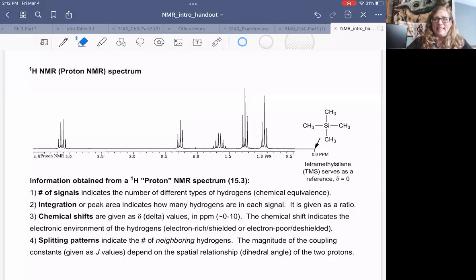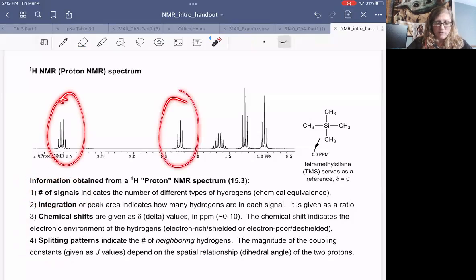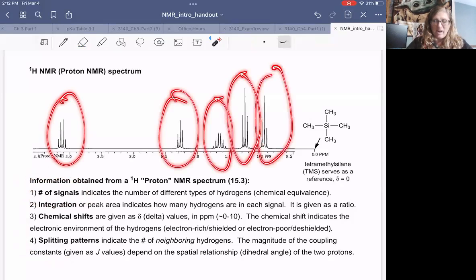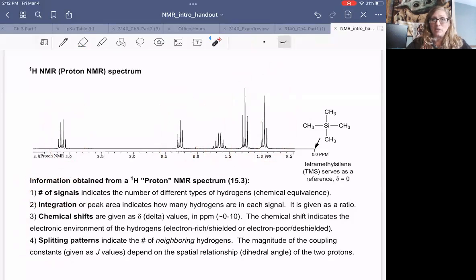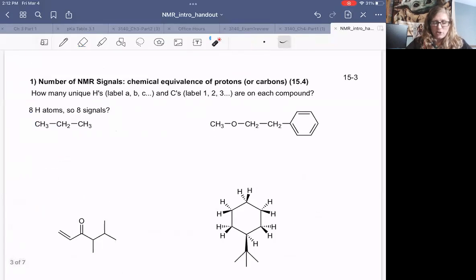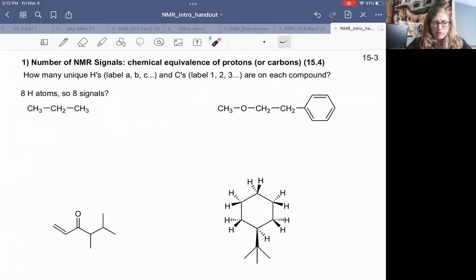All right, let's dig into some more detail on what we'll find in a proton NMR spectrum, more precisely. There are all sorts of details we can find in an NMR spectrum. The first thing we're going to look at is the number of signals. For example, this spectrum has 1, 2, 3, 4, 5 signals. And what does that tell us about the structure? So this is going to be an indication of how many unique types of protons there are in a given